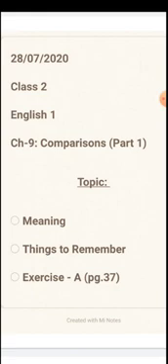Children, in our previous chapter, we learnt about how to describe or tell more about a naming word. Means how to tell more about a person, place, animal, or a thing. For example, tall man, clean place, cute small baby, cute cat. You can say a sharp knife.